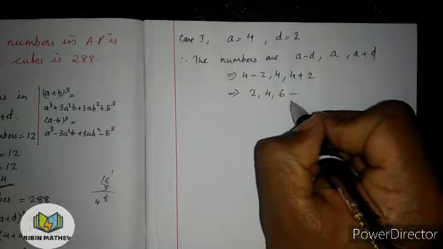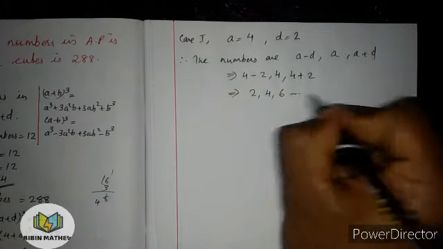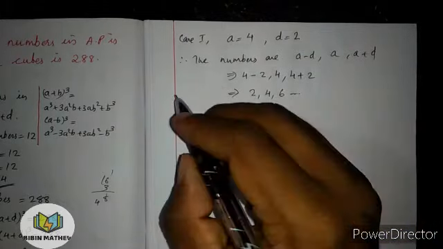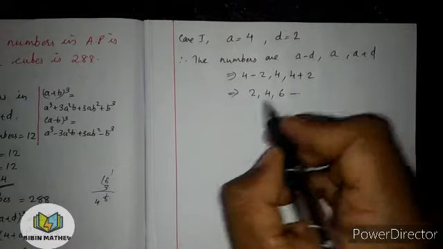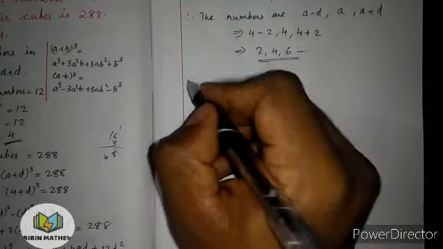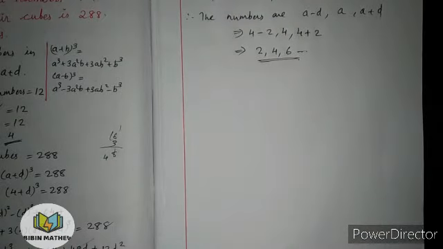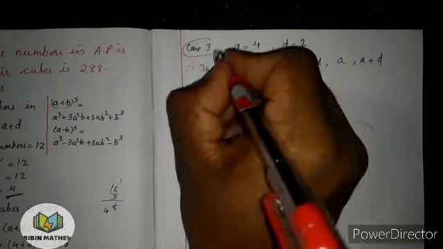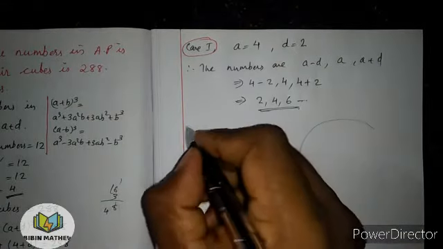These are the three numbers, because we want to find the three. It's not given that find the AP, it is given, find the numbers. So we have found the numbers can be this one. What about the case number 2? That is case number 1, you saw it. In case number 1, you got it like that. What about the next one?